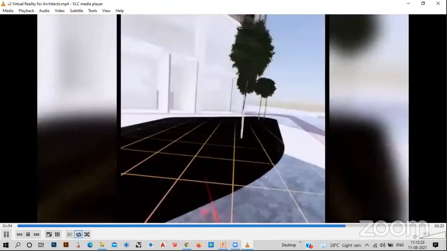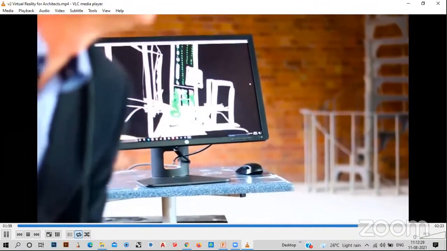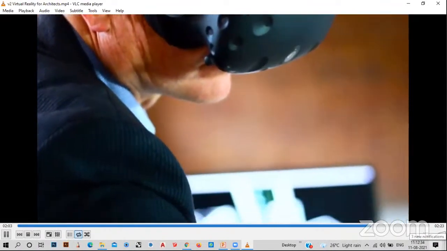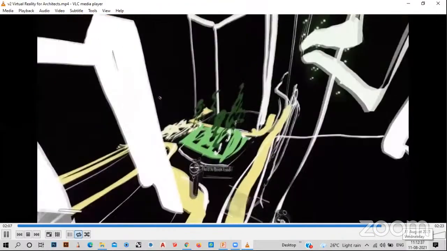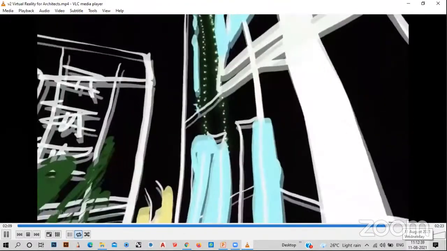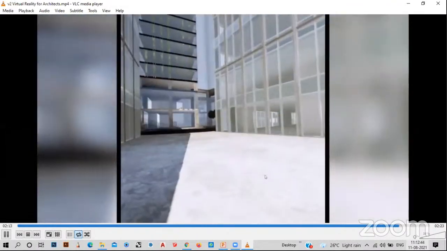See the kind of scale, see the kind of imagination of the spaces. So in future, you will experience technological advancements like these. See, he's sketching in the real world at one-to-one scale.